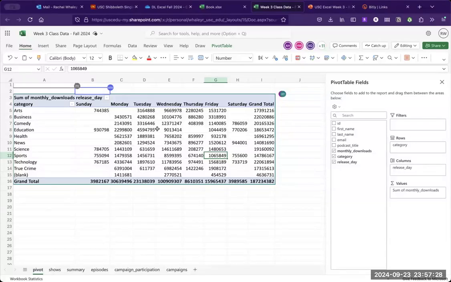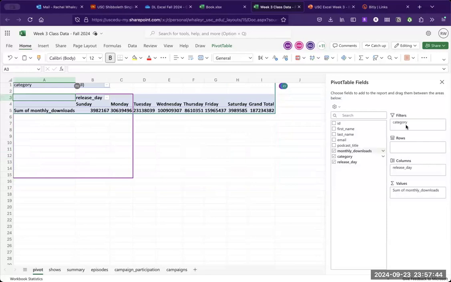All right. So hopefully, if you weren't doing that as I was talking, definitely try dragging and dropping some fields around so you can get a feel for what this looks like, some different options. You can add a filter. Let's say I wanted to be able to filter by category. I can put that up here. That'll give me a little